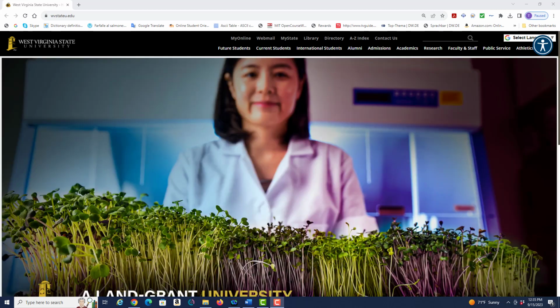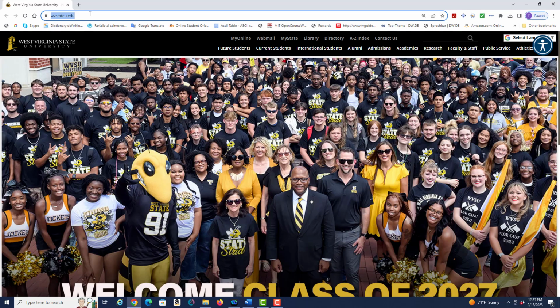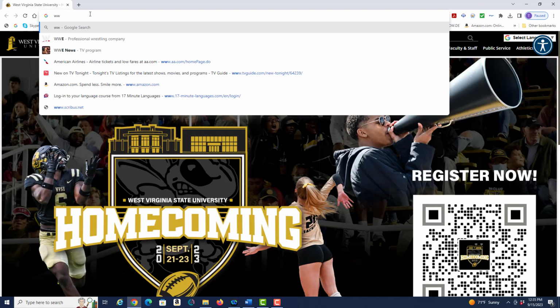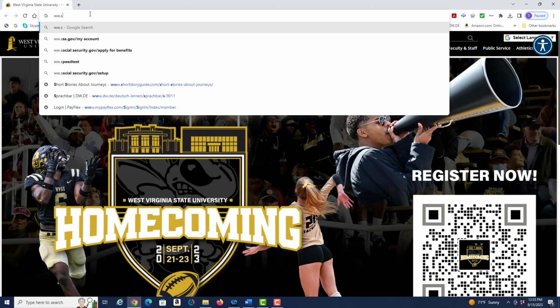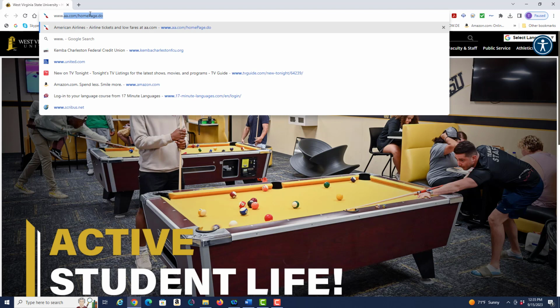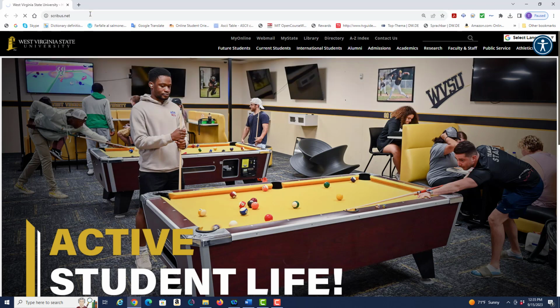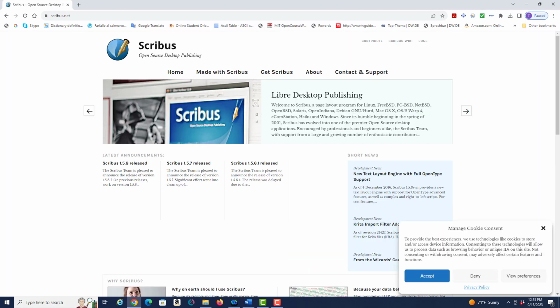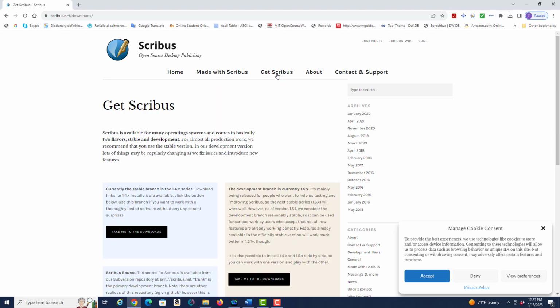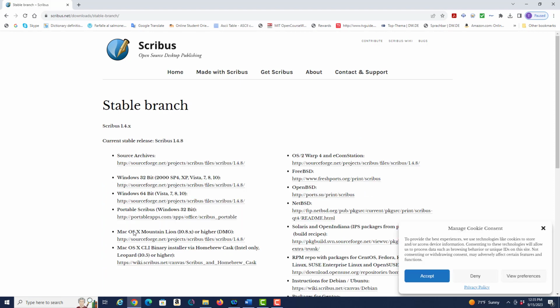The first thing you want to do is go to the website www.scribus.net. The next thing is we want to go here to get Scribus. So we click on that, and then you see down here on the lower left, take me to the downloads. So I click on that, and you'll see that the current stable release is Scribus